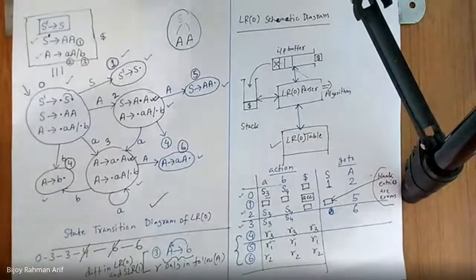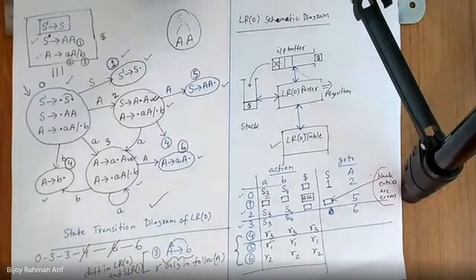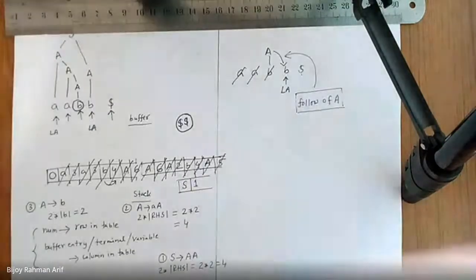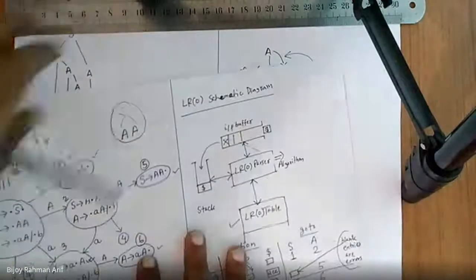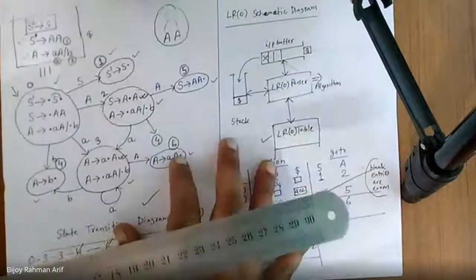Today we will not study SLR1, but I am going to show you the problem which happens in LR0. So remember, putting the reduce entry in all the action part is not a good move. It should be placed on follow of LHS. Then it is a good move. And that is the difference between LR0 and SLR. Okay, so let's start. Just take this down. Let's take this down. Previous one.